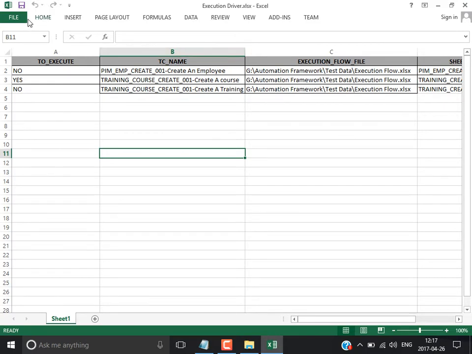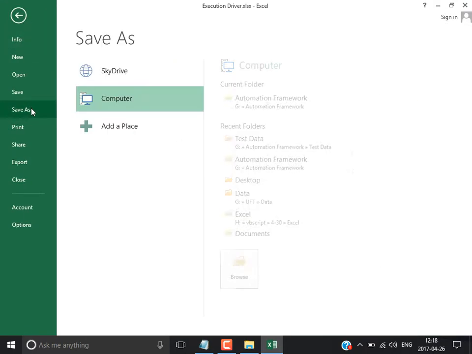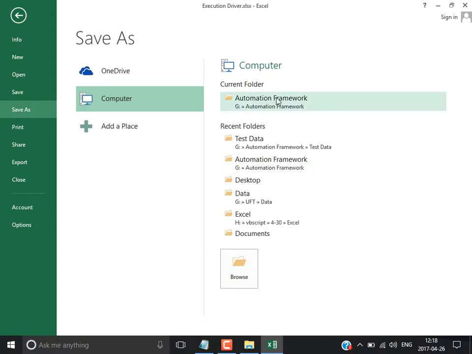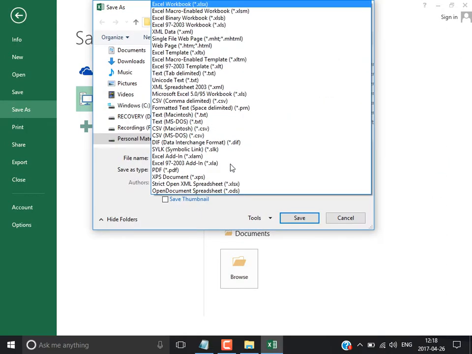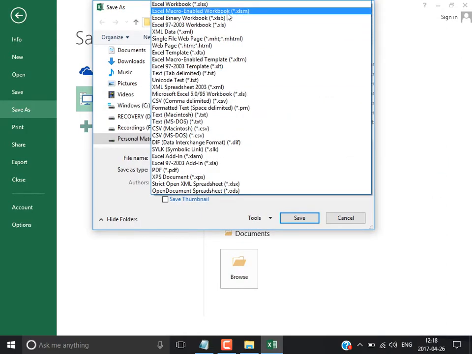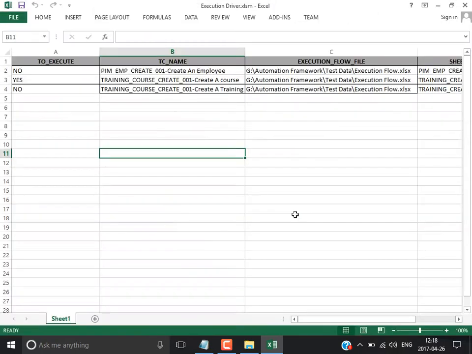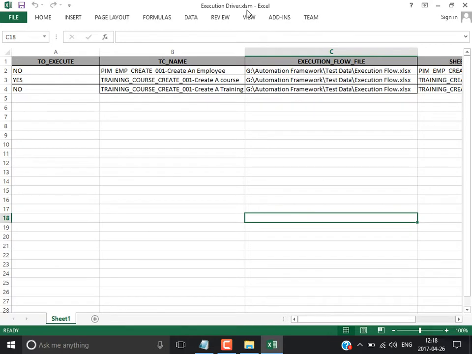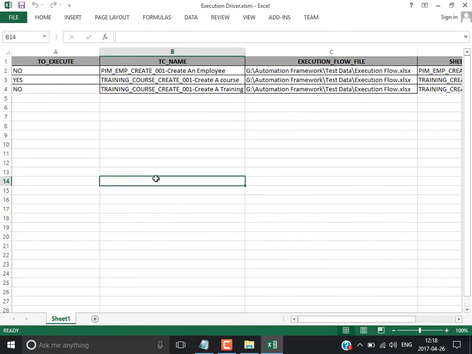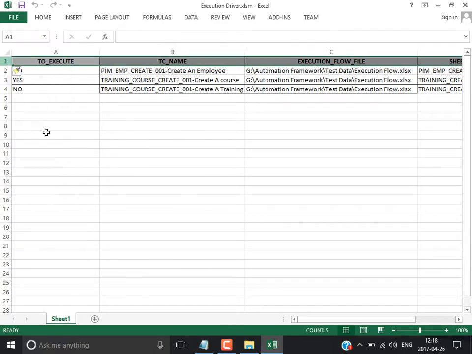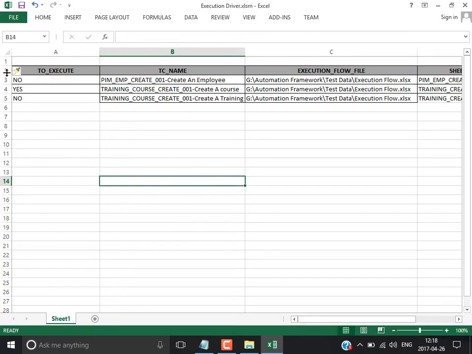But when you say macros, it should not be XLSX. You need to save it as Excel macro enabled workbook, and execution driver dot XLSM. That will be the XLSM extension. Okay. Next, to write the macros,